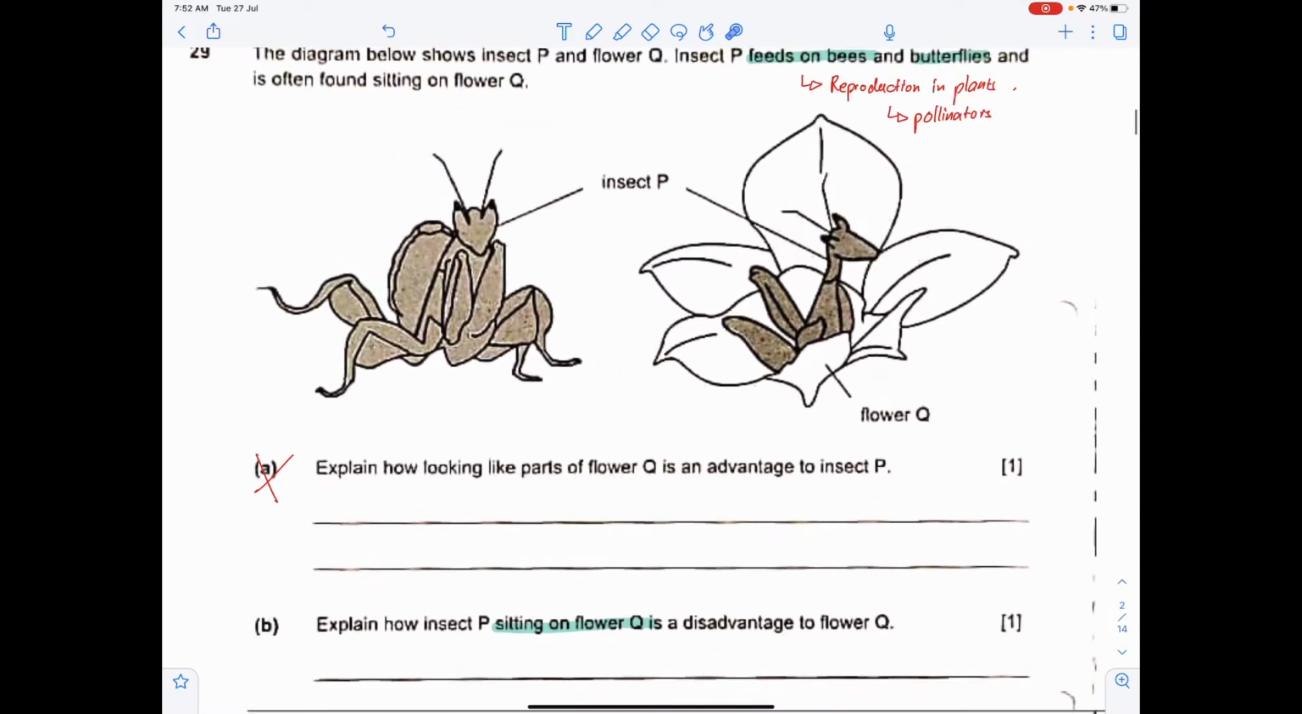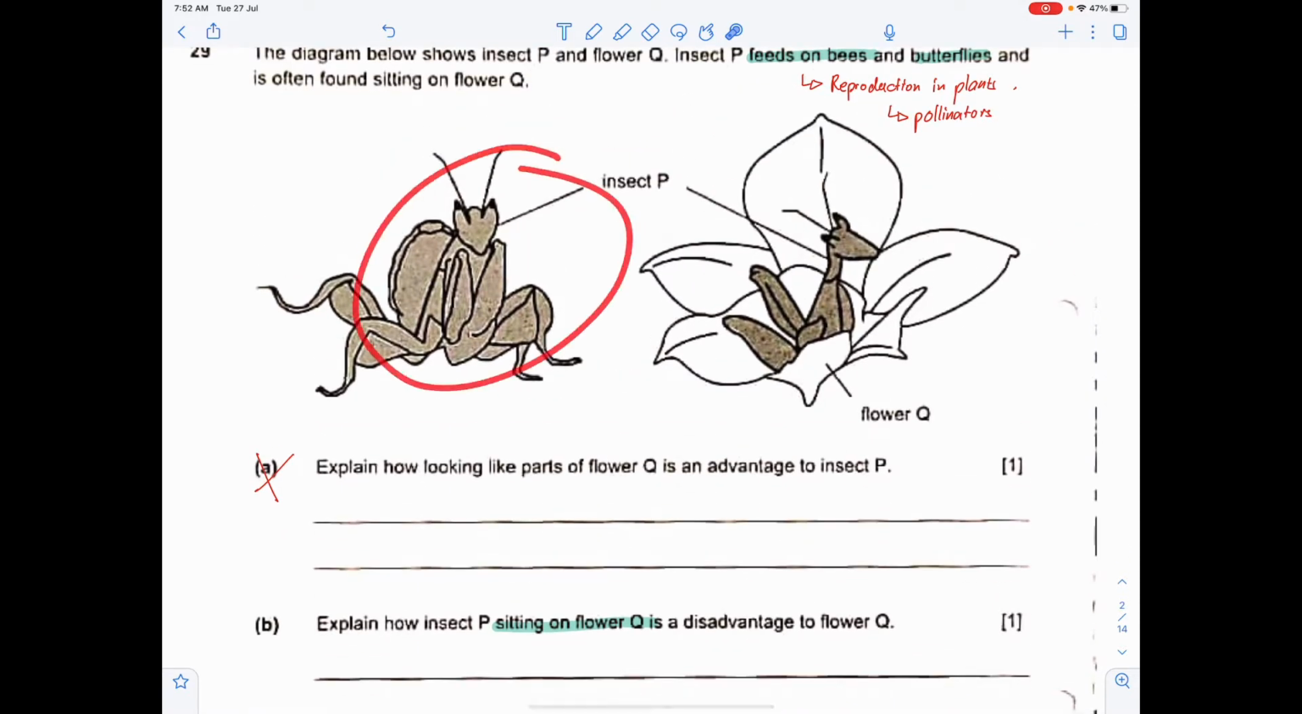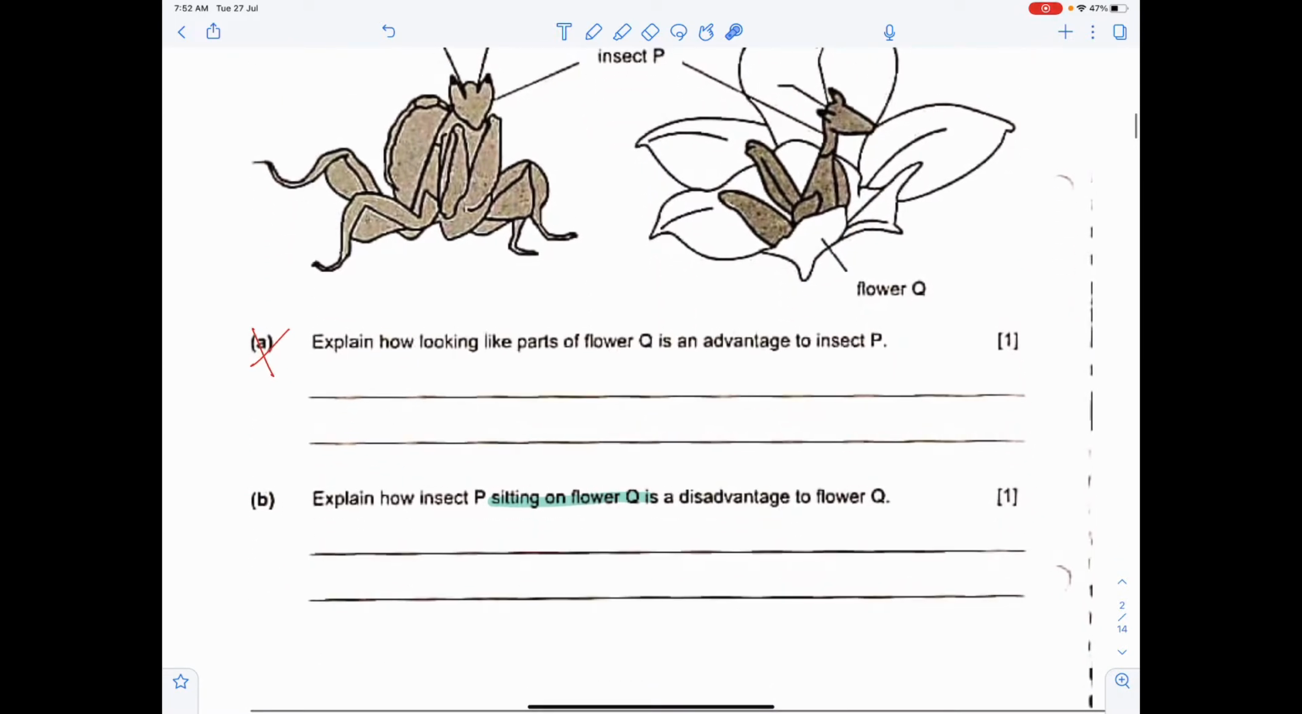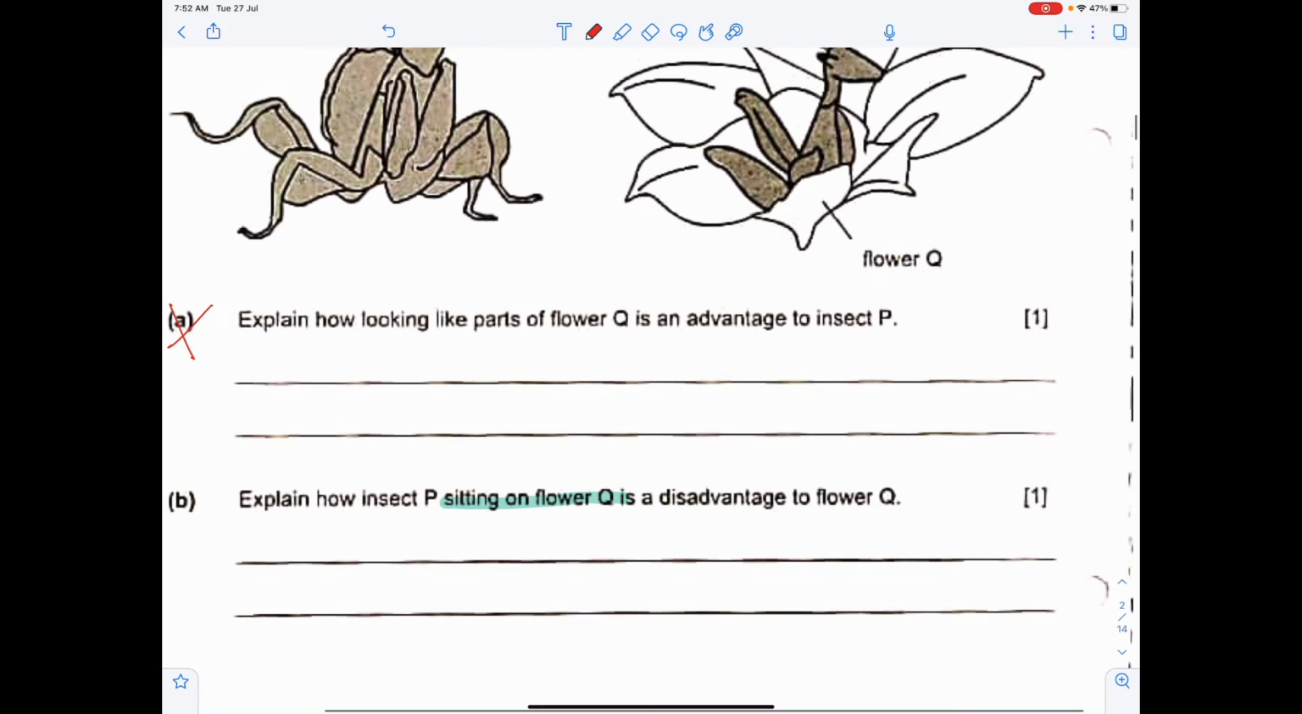Why? Because if you take a look at this insect, it's literally sitting on the flower where your female and your male reproductive parts are. So it's physically blocking, if you realize that. It's physically blocking all the reproduction parts. So you have to say that insect P sits on the flower Q and blocks